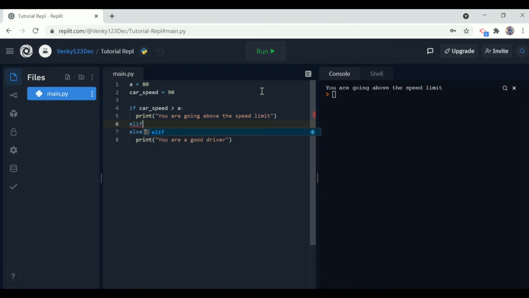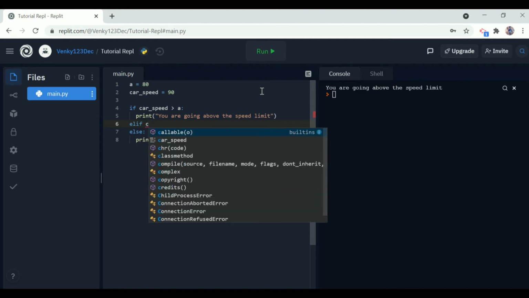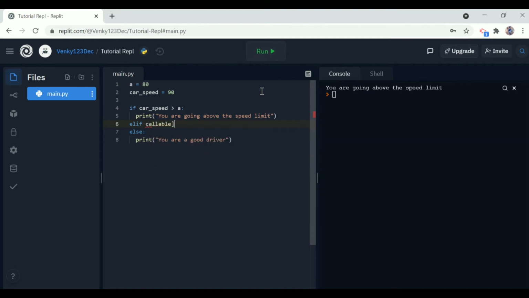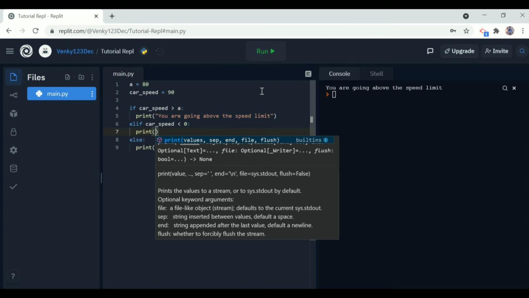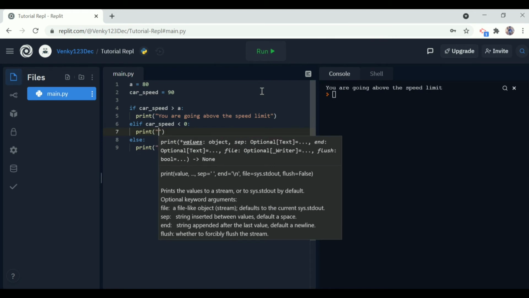Elif is the shortcut for else if in Python, and my condition is if the car speed is less than 0, so if car_speed is less than 0, we will print wrong input. We will print wrong input because our car speed can never be less than 0.